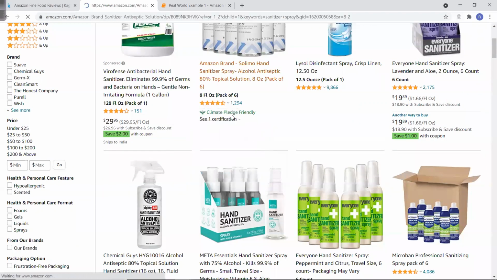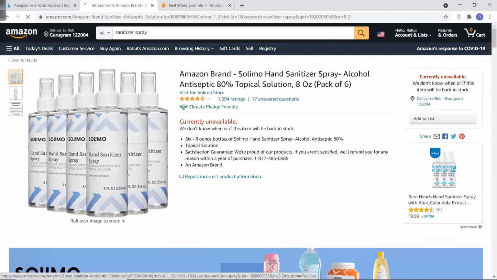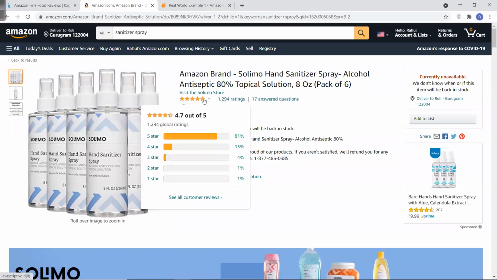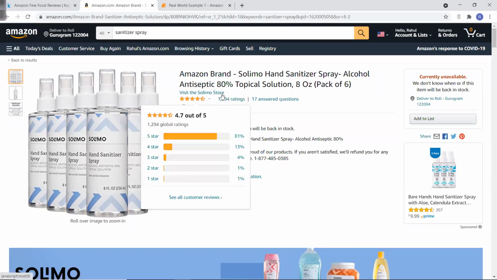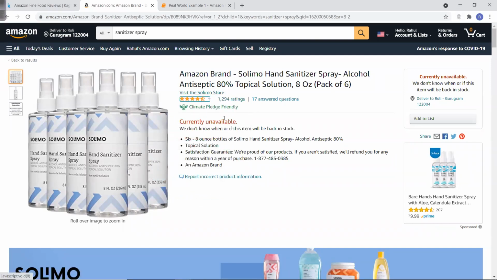Let's say I'm clicking on this particular product, which is an Amazon brand. And this is the product name. You can see here we have the reviews, right? You can see the stars out here. What is the star? Total number of stars this product got, total number of ratings, right? All those details about this particular product. This is the company name, Climate Pledge Friendly, which is basically selling this product. So if I click on these 1294 ratings,